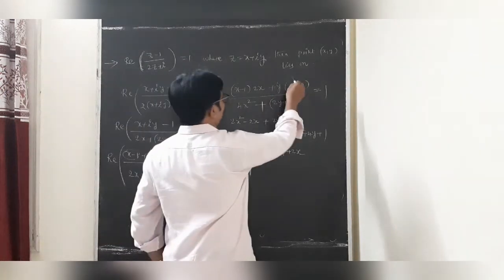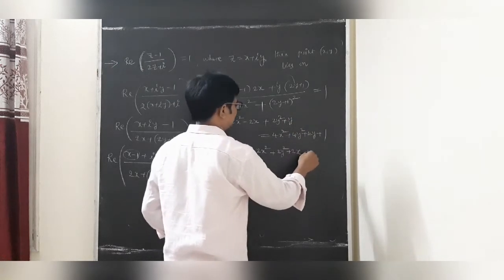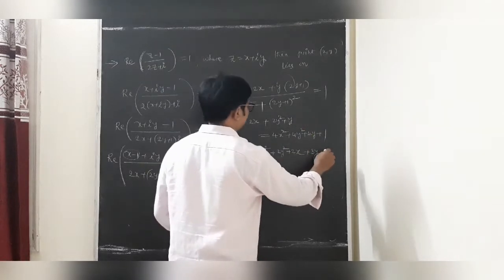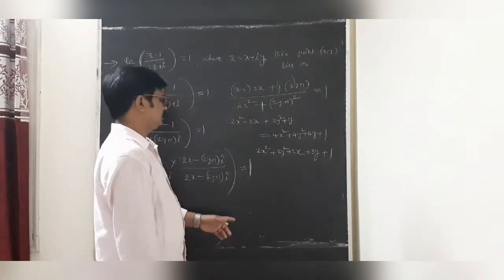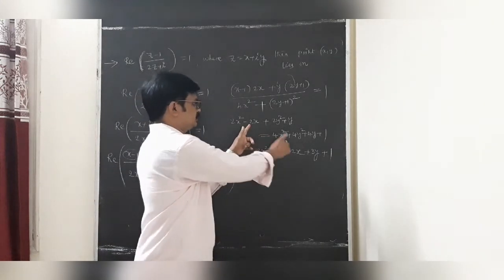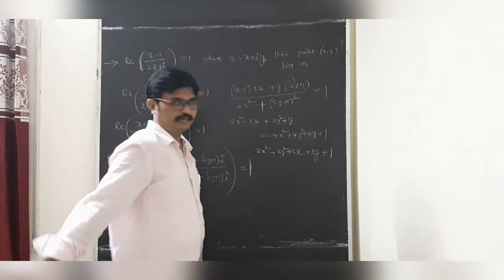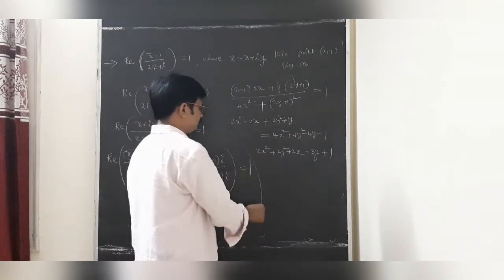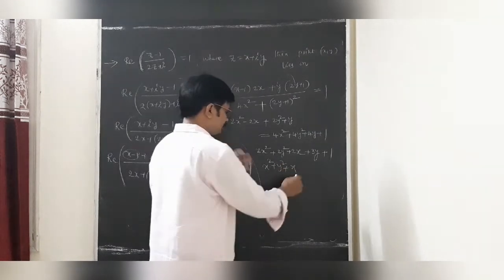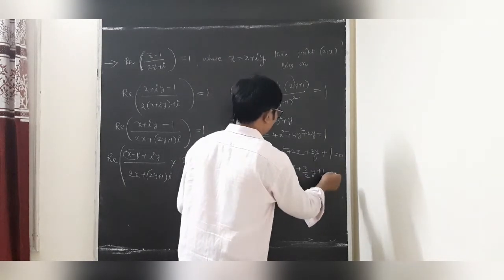This is the students 2y square. This is the y only, y into 1 y. Plus y is sent to the other side, 4y minus y, 3y. After that students, only the constant is there, 1. So how to write, students? First 4x square minus 2x square, 2x square. Minus 2x is sent to the other side, plus 2x. 4y square minus 2y square, 2y square. Plus y is the minus y. Now students, divided by 2. This is x square plus y square plus x plus 3 by 2y plus 1 by 2 equal to 0.